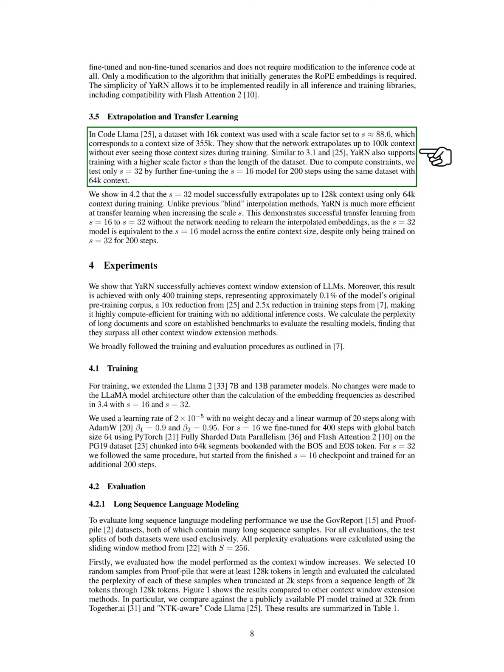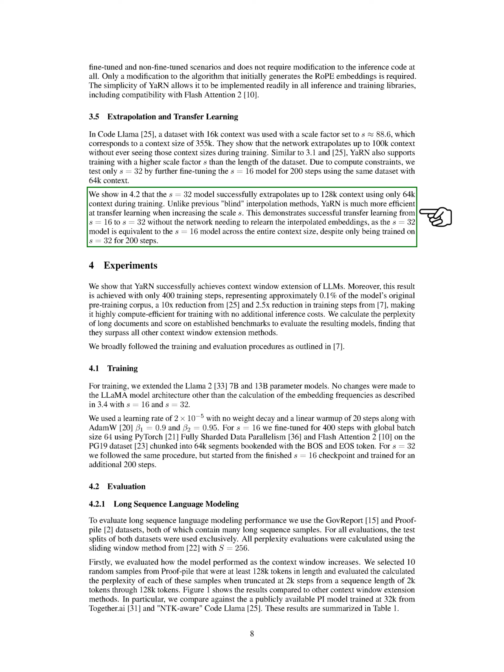Our approach, YaRN, is similar to other methods in that it allows for training with a scale factor larger than the dataset's length. However, due to computational limitations, we only tested a scale factor of 32. We achieved this by further fine-tuning a model with a scale factor of 16 for 200 steps, using the same 64,000 context dataset. Our results showed that the model with a scale factor of 32 could successfully extrapolate up to 128,000 contexts, even though it was only trained with 64,000 contexts.